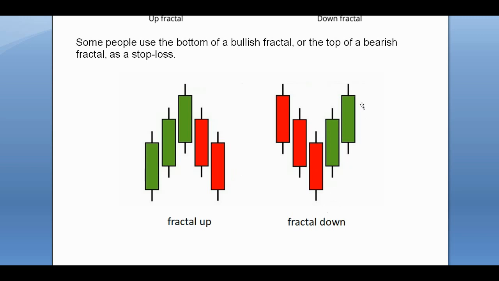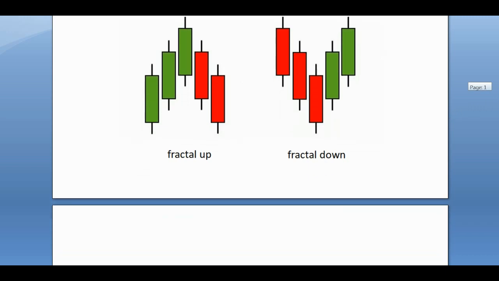And so you might take a long position at the close of the 5th candlestick, which is right here, and you might put your stop loss right here at the bottom, including the wicks, of the middle candle. And for the bearish one, you might take a short position at the bottom of the 5th candlestick, assuming that it's a red candle, and then you might put your stop loss at the top of this wick here, at the top of the middle candle. All right, so it's not so complicated, really.